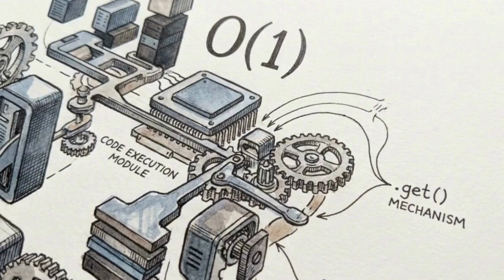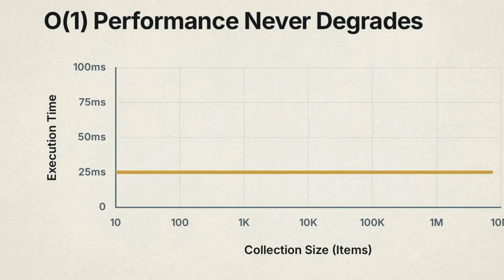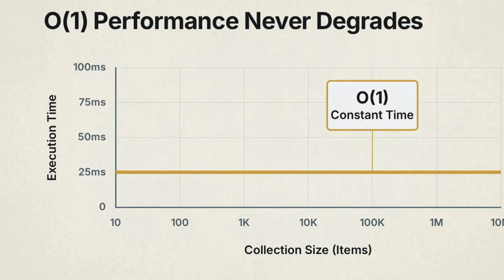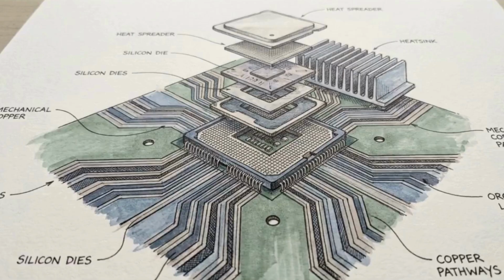The defining promise of a hash table is average O(1) time complexity. In theory, inserting, deleting, or looking up a piece of data takes exactly the same amount of time whether the collection holds 10 items or 10 million. Every O(1) operation requires a physical footprint on the Java virtual machine, involving specific memory allocations and strictly orchestrated CPU